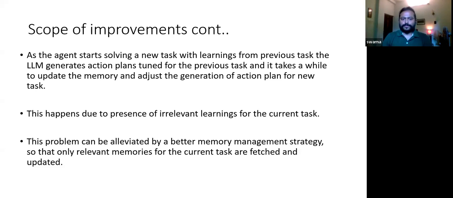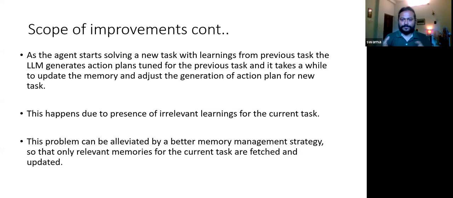And so next is memory management. When the LLM goes on solving the task, it creates belief axioms or reflective learnings about the environment. It creates the whole learnings in the form of text and stores them in memory. Now there is a limit on the memory, maybe it can keep 20 or 50 learnings at a time. So for any new learnings it has to append, some learnings have to be deleted, or some learnings have to be updated.